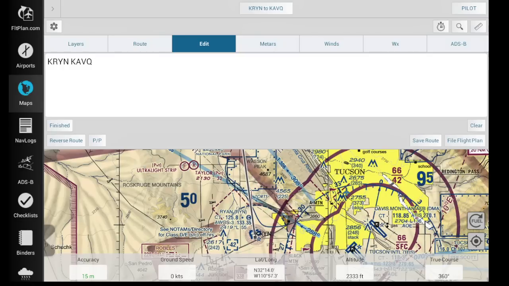Now when it comes time to planning your flight, you're going to want to hit Edit and then enter in the airport codes. So for my example, I entered in Ryan Field and Marana Regional. Now I will save the route, and then I'll hit Finished. Now to get out of Edit, you're just going to hit Edit again, and your route should be displayed on